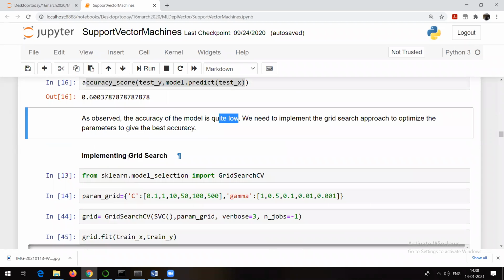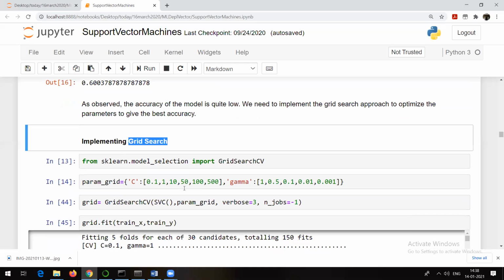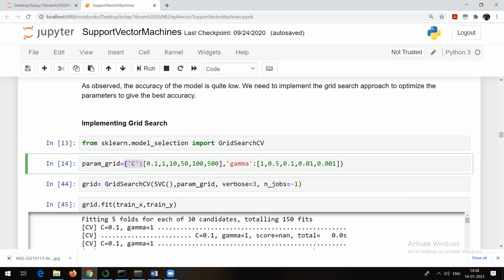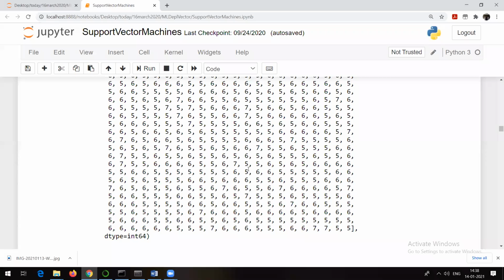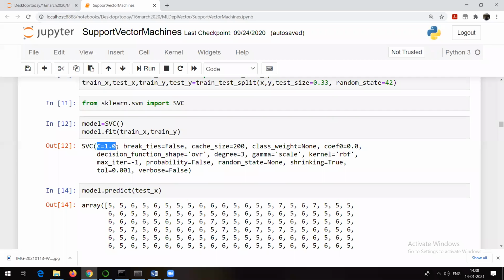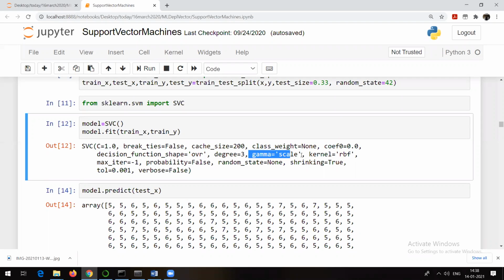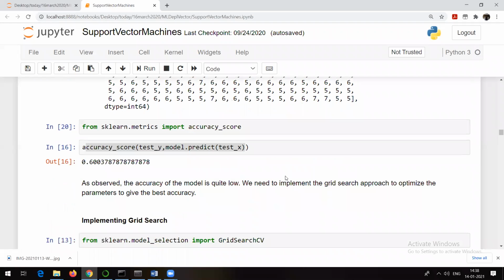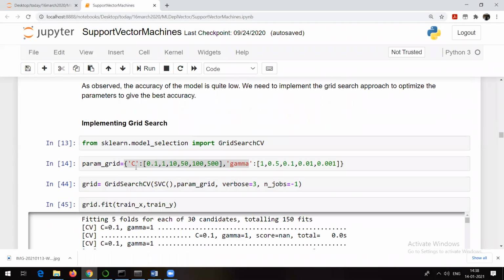That's why we use something called grid search, and with the help of grid search, we pass some parameters like C and gamma. There are other parameters also we could have passed, like values for kernel and all those things. Different options are available. So here we pass all these values for C and these values for gamma. Whatever is the best value, cross validation is going to choose automatically for this particular algorithm and this data. You don't have to worry about that.